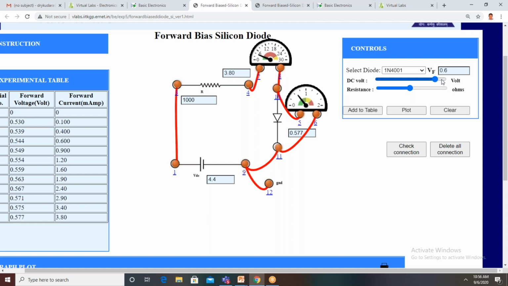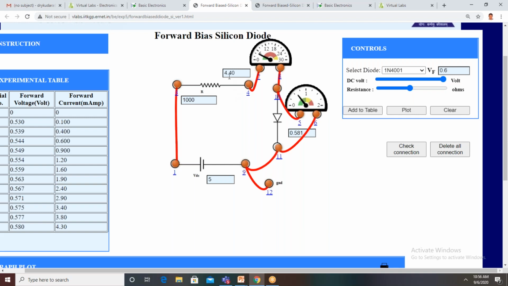So you change to another value. Now the input voltage is 4.9 volts. The voltage across the diode is 0.58 volts and the current is 4.3 milliamps, and the final value. Here the minimum value is 0 and the maximum value is 5 volts only. If you apply the maximum value of 5 volts to the circuit, what do we get?